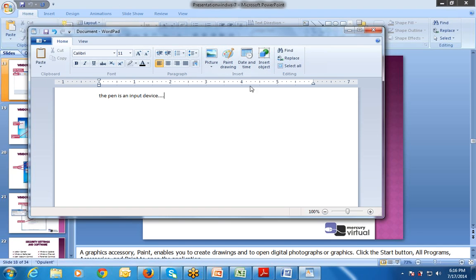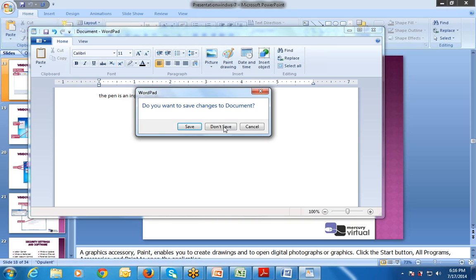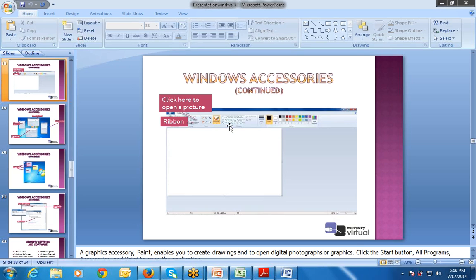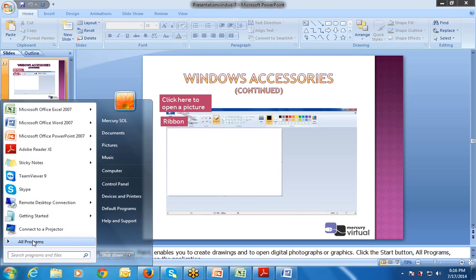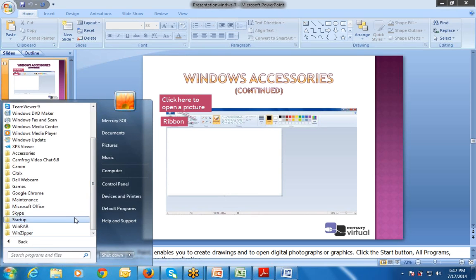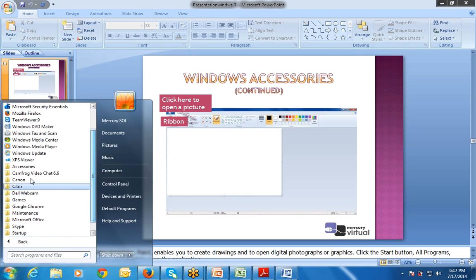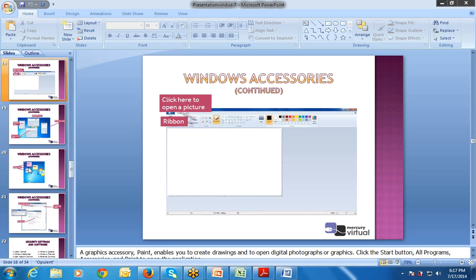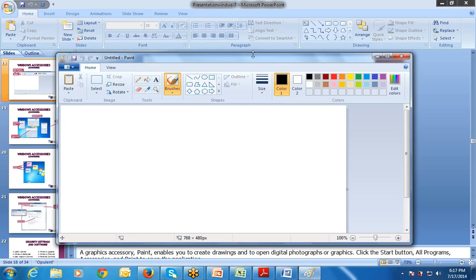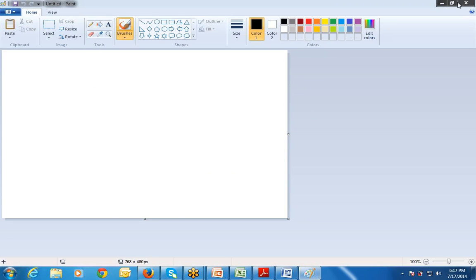Right. So this is a WordPad. If I want to close, just click on don't save. This is a paint. Just click on this. All programs, go to the accessories. Where is accessories? This one. Then click on the paint. Same window will be opened.